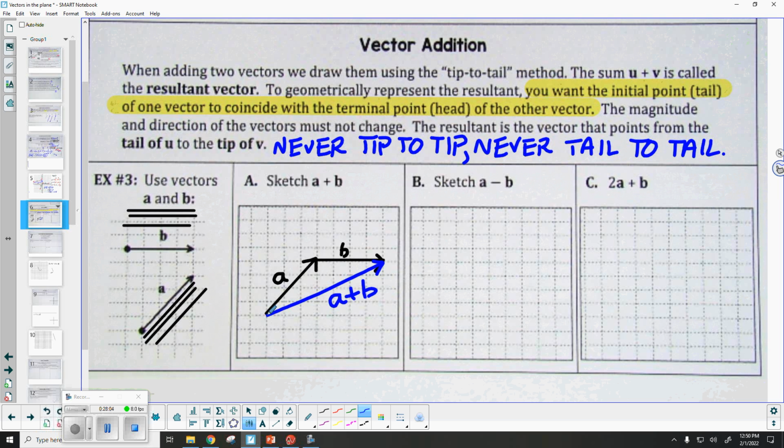Okay. Now, can anybody tell me what the component form of that vector A plus B is? Okay, what is it? Remember, I want to go from this initial to this terminal. So how far horizontally and vertically am I moving? Okay, so 7 horizontally and 4 up. So say if I'm starting here, 1, 2, 3, 4, 5, 6, 7. 1, 2, 3, 4. No, that's 4. Anthony.